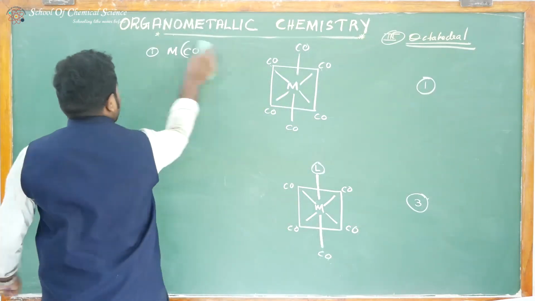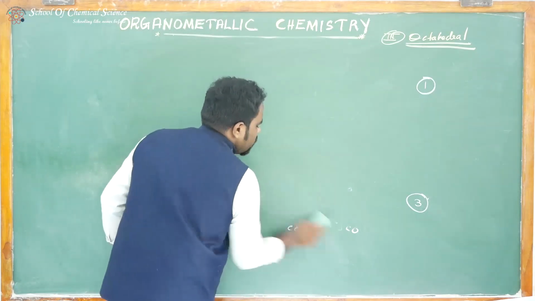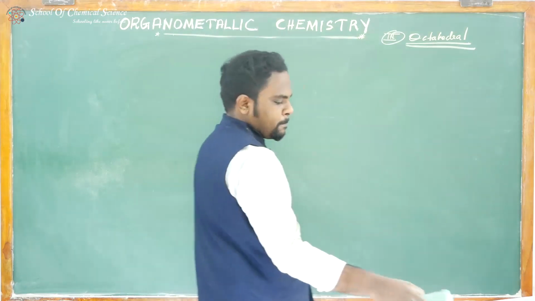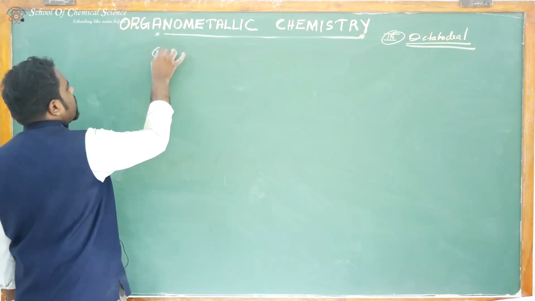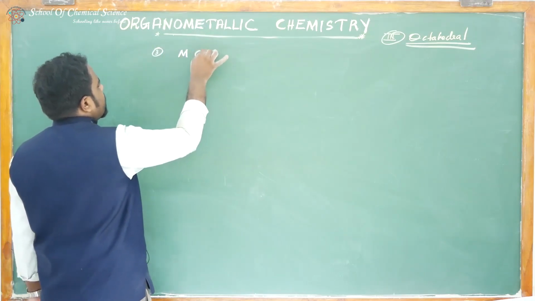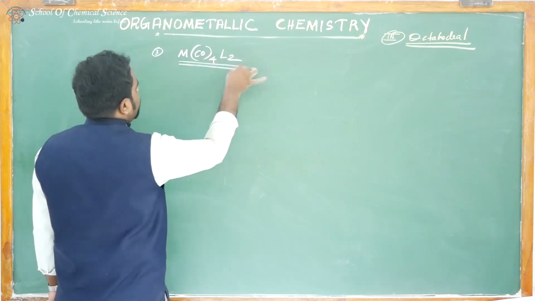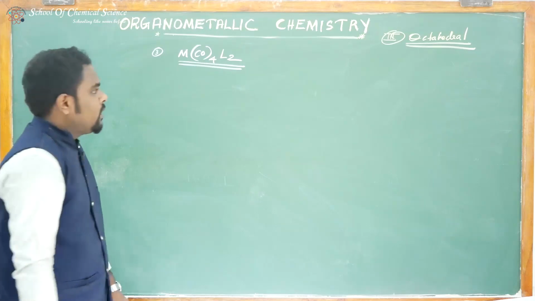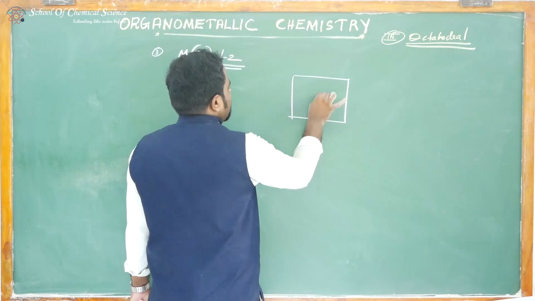Then what will be the next case? 2 carbon monoxide replaced by 2 ligands. Total number of IR bands. Third one, MCO4L2. MCO4, 2 carbon monoxide replaced by 2L. What are the possible arrangements? This is the square plane, metal,